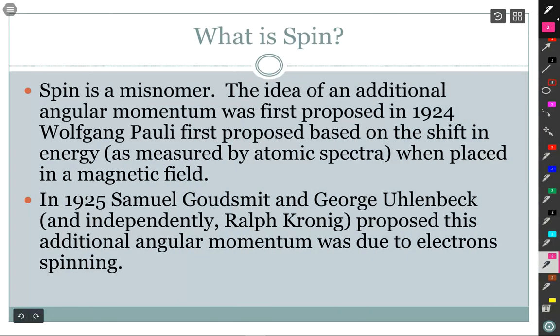Okay, so the spin, very important. Spin, it's a misnomer. It's not a correct term. I say it's very important. You could probably get through your whole life in chemistry class or as a chemistry professional and really not worry about it being a misnomer. But to me, as a physicist, it's important to know electrons aren't just sitting there spinning. They're not tops, which is what Goudsmit and Uhlenbeck had in mind when they coined the phrase spin. They thought of them as tops. But that's not it. It's an additional angular momentum due to